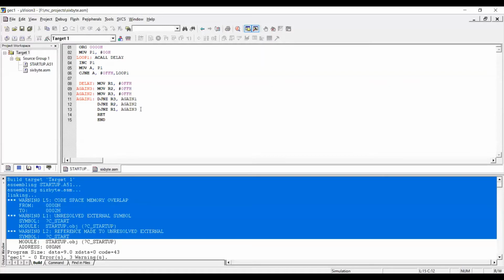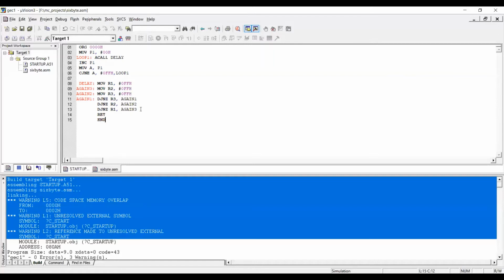Here, the delay function, we know that the time delay could be created using the timers, or you can have it this way. The registers could be used here, right? You can initialize those registers and let it keep on executing that instruction till it reaches a value of 00. Depending on the count we load in the register, that much time delay will be created. Now here I use 3 registers loaded with FFH, so that I have maximum delay.